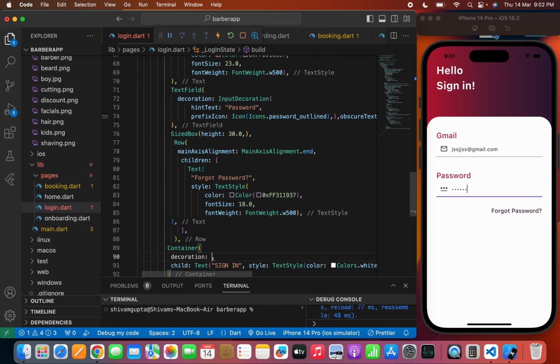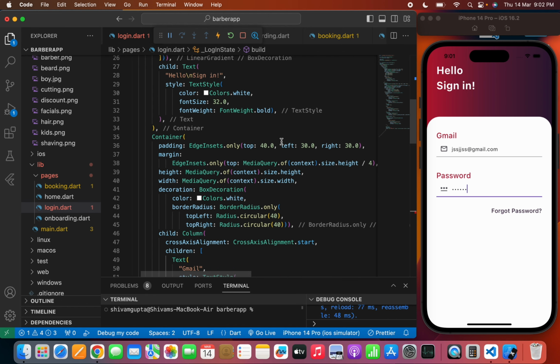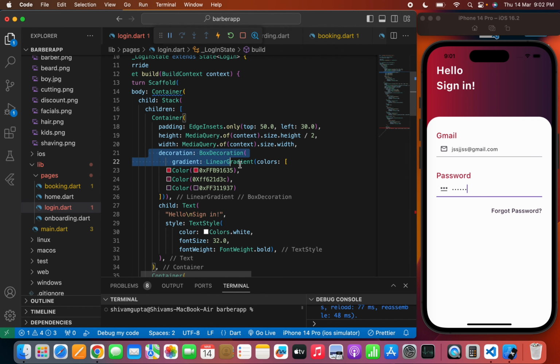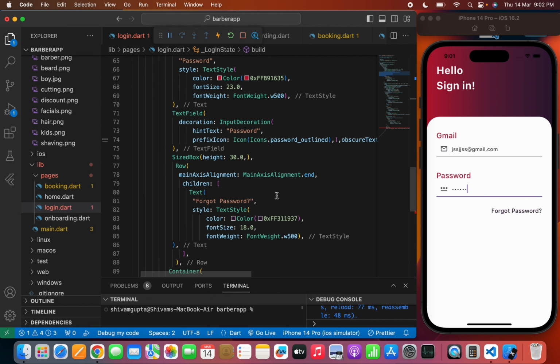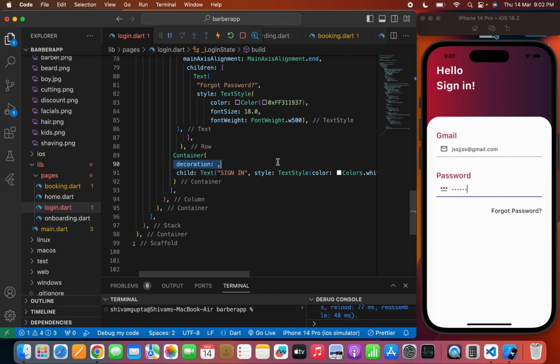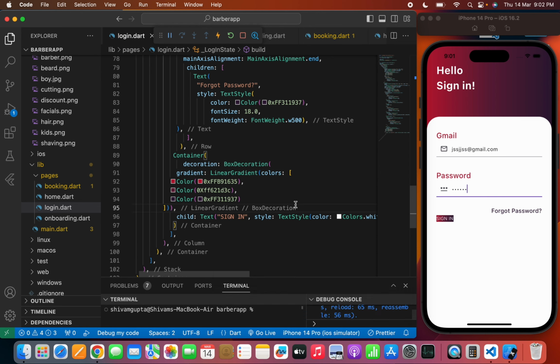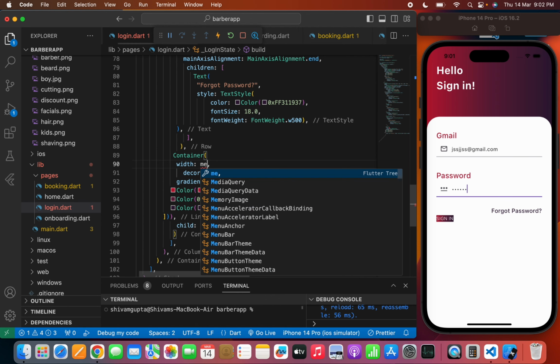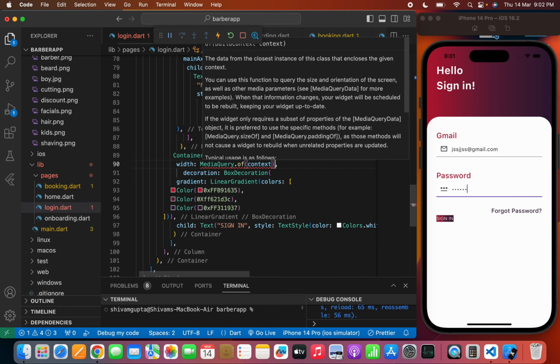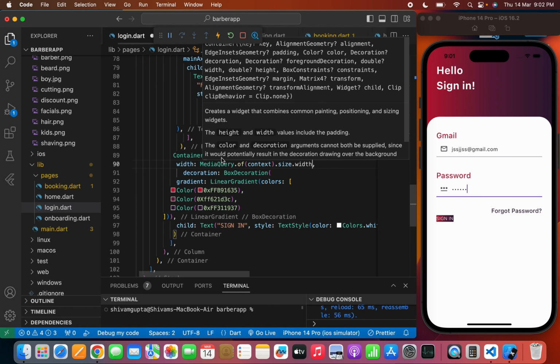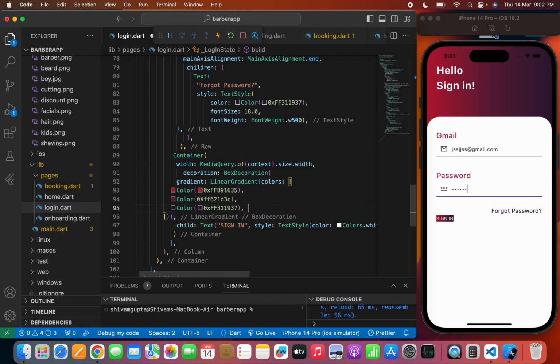Now decoration, I think we will use this same decoration that I have written, I mean the colors, and we'll paste it here. Now we'll write with media query dot of context dot size dot width, and the border radius,